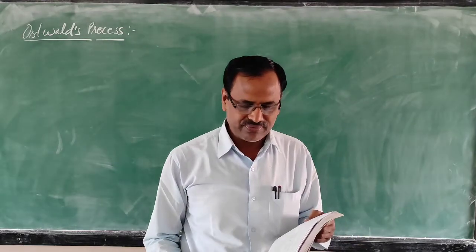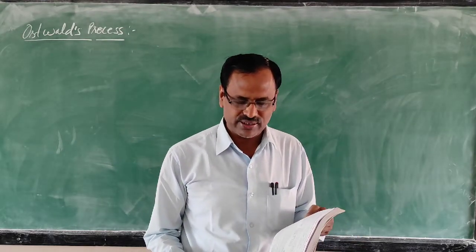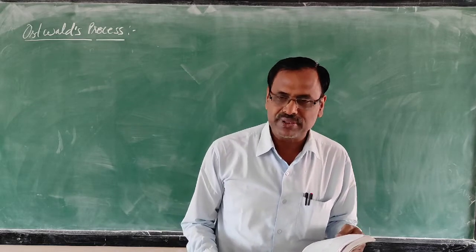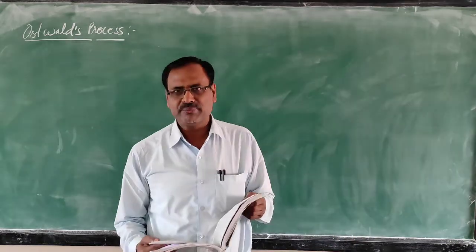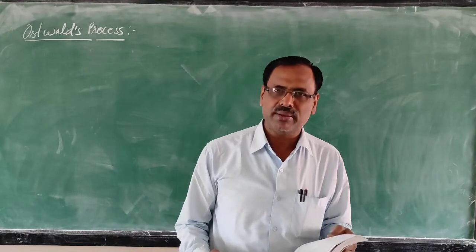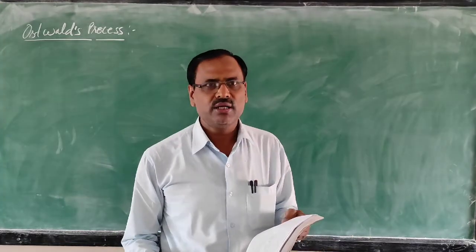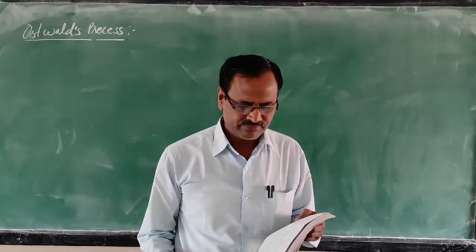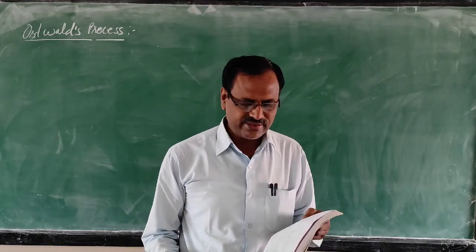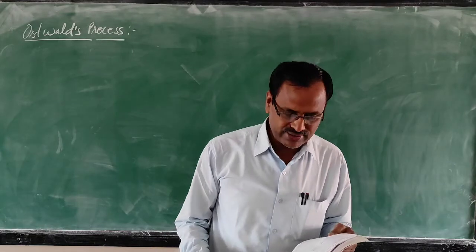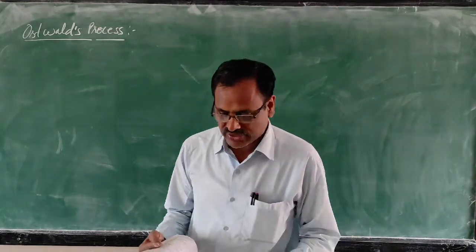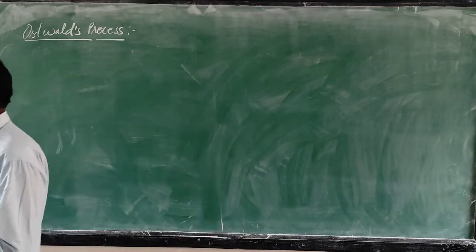Then manufacture of nitric acid by the Ostwald process, what is given? Only equations with conditions where applicable. Means you have to give importance to chemical equations. You can study all, but the questions will be asked based on chemical equations. And as an oxidizing agent, you have to give importance to the reaction with copper, carbon and sulfur. So let us start the Ostwald process.